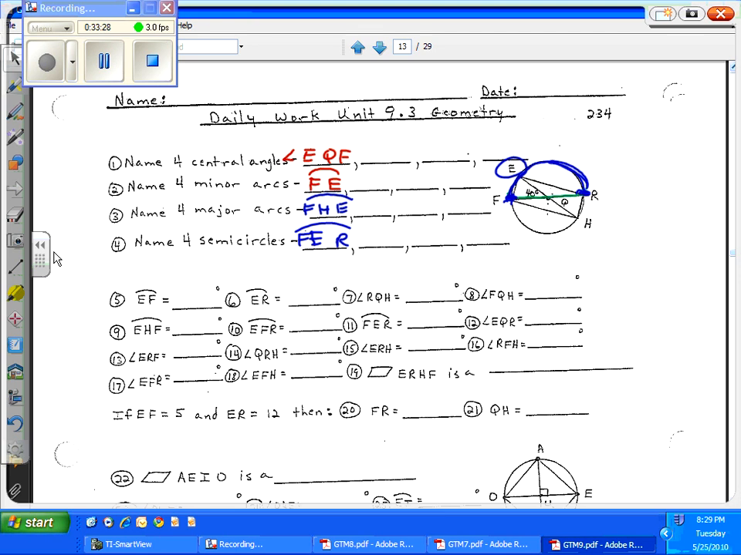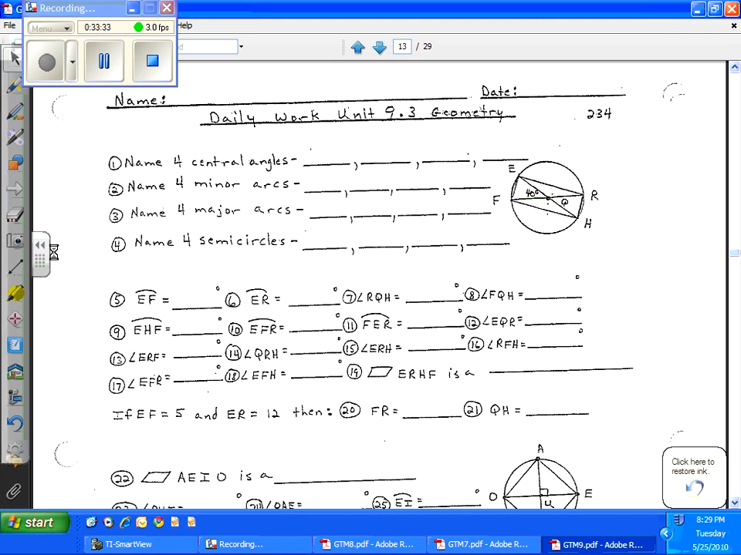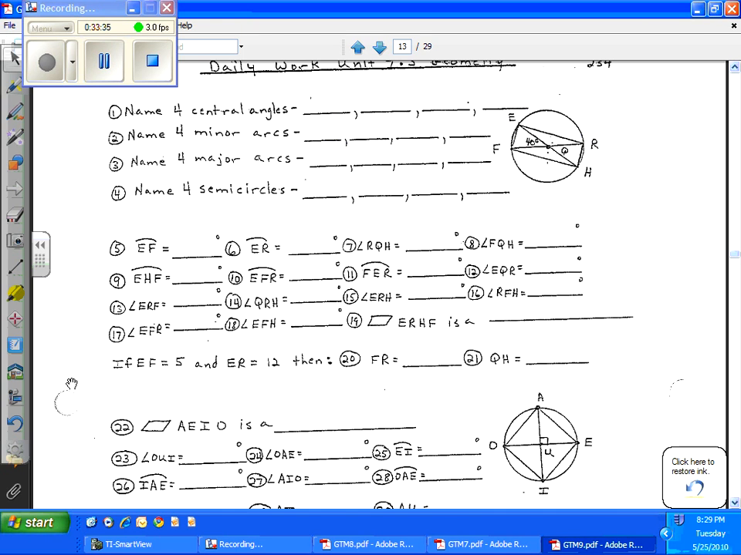Now look at all these questions, 5 through 21. Look at that. All I have right there is this thing drawn with a 40-degree angle. Now, how am I supposed to find all of that stuff? Well, that comes from some theorems. Remember when we were drawing those pictures